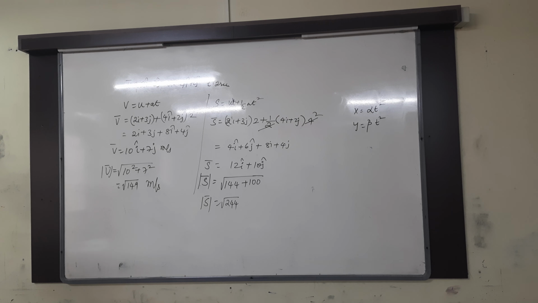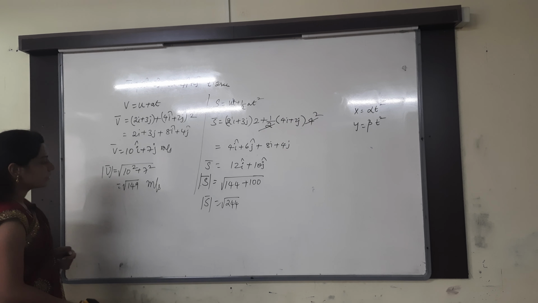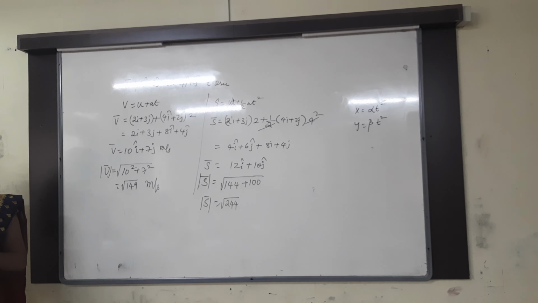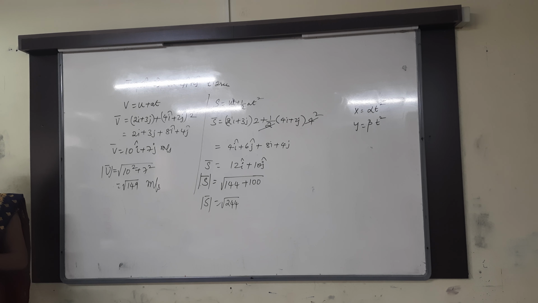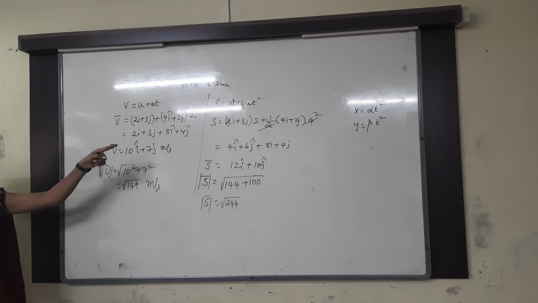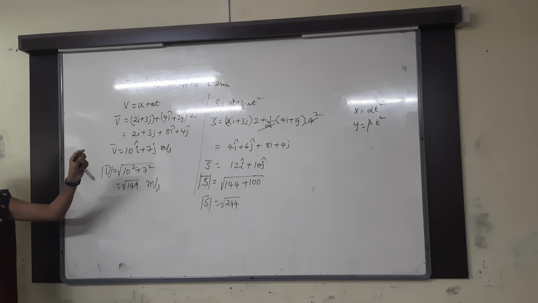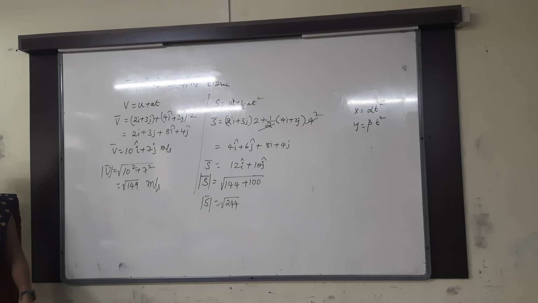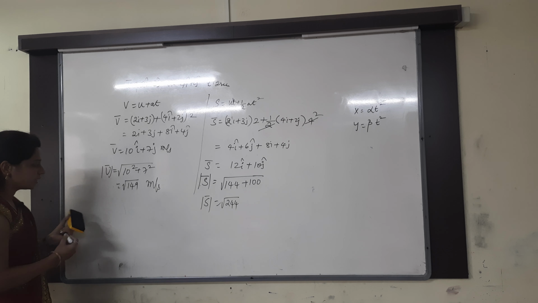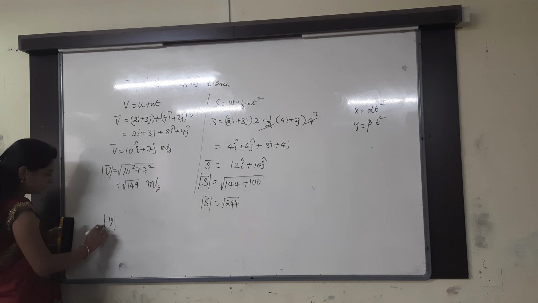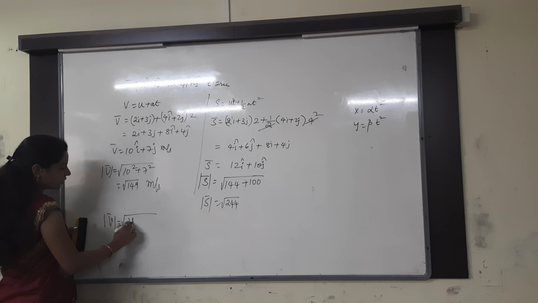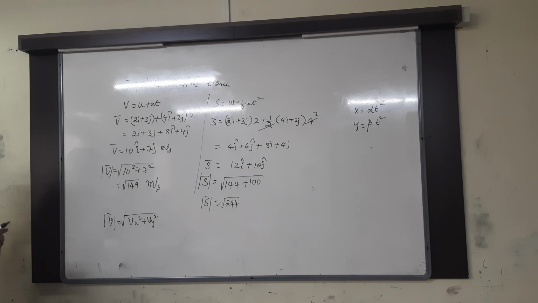First of all, think how to get the speed of the body. Speed, nothing but they are talking about the magnitude of the vector. Magnitude nothing but you have to get the speed along the x-axis, that is x is equal to alpha t square, no? Along the x-axis you have to get, along the y-axis you have to get. So total speed will be how much? Magnitude, we are saying magnitude. So magnitude is equal to root over vx square plus vy square. Then think how to get vx, how to get vy. That is a major issue here.